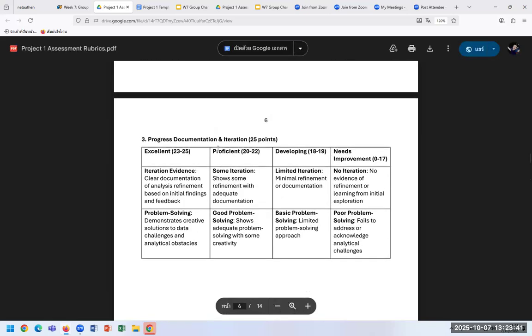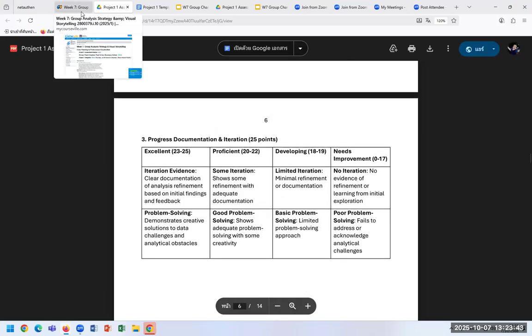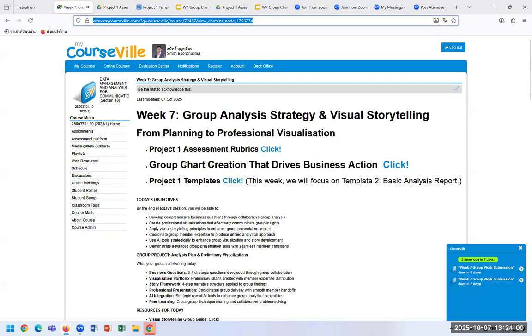Okay, now next please. And that's all. Okay, this is the rubric for the next week. And if you want to sneak a peek at what is going to be assessed, you can use this file at any time. Okay, so that is the rubric. I hope that everyone understands what it is. And today we are going to do